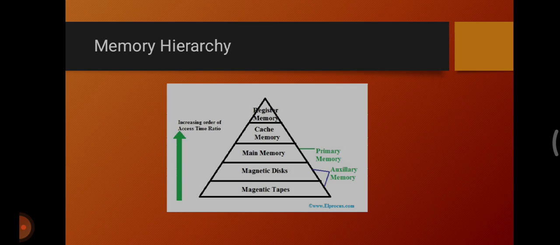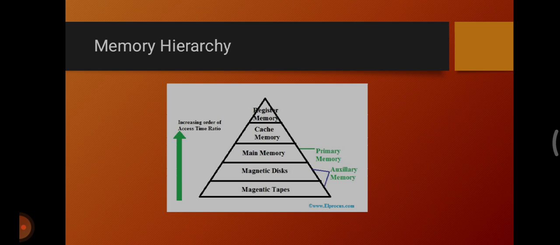The first 3 hierarchies are volatile memories, which means that when there is no power, they automatically lose their stored data. Whereas the last 2 hierarchies are not volatile, which means they store the data permanently. There are also some characteristics of the memory hierarchy: the performance, ability, access time and the cost per bit.